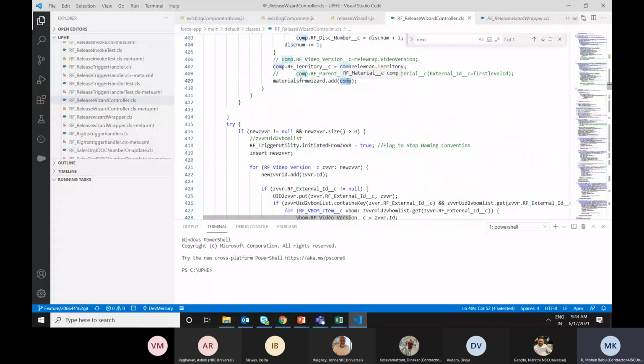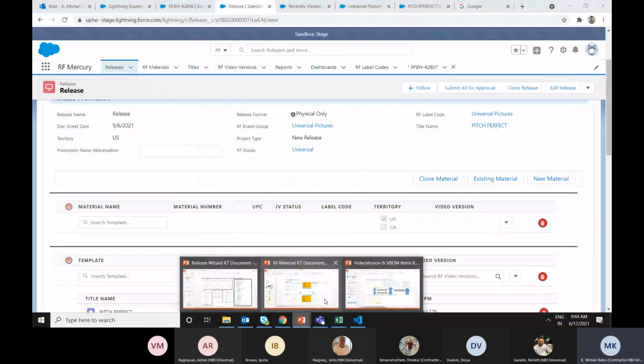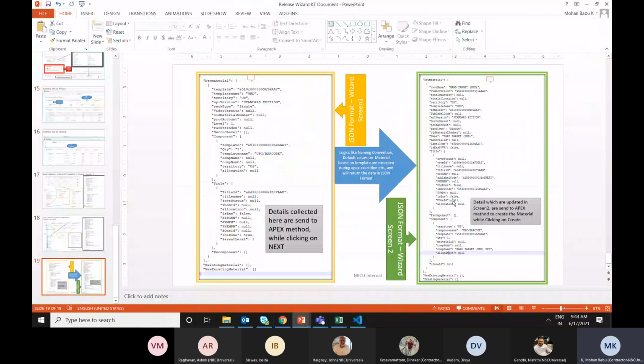But while sending back to the wizard, it should be properly sent. This is a component material, which is being created under this parent material.